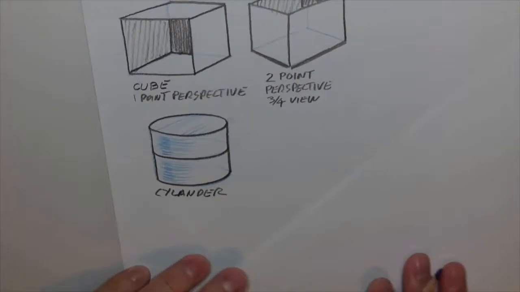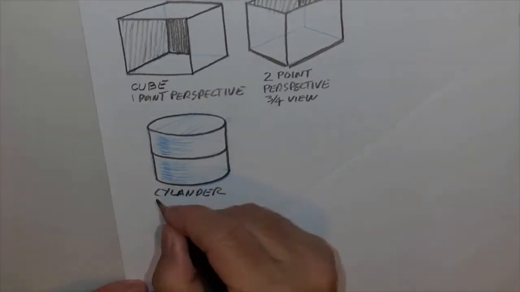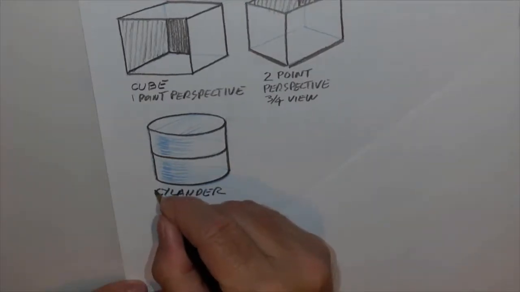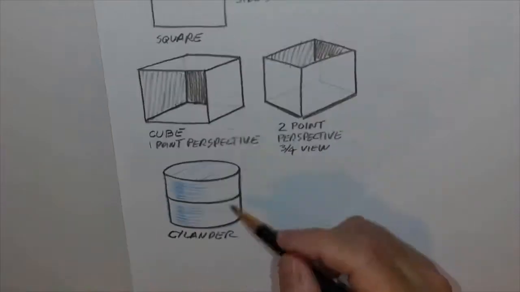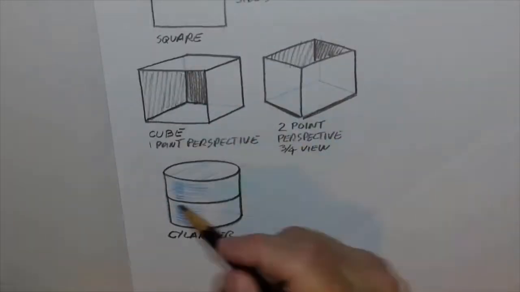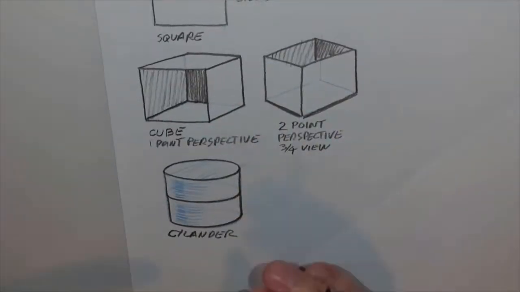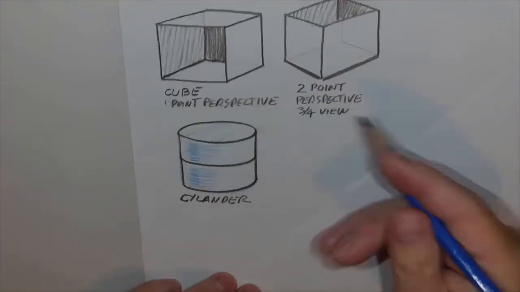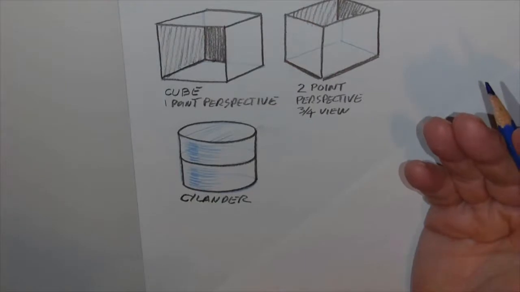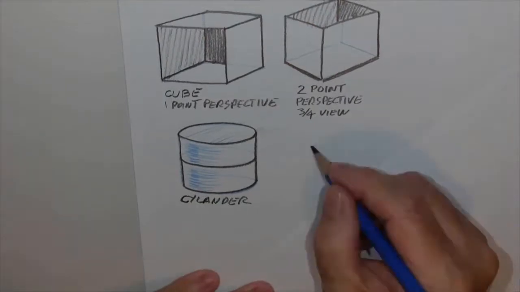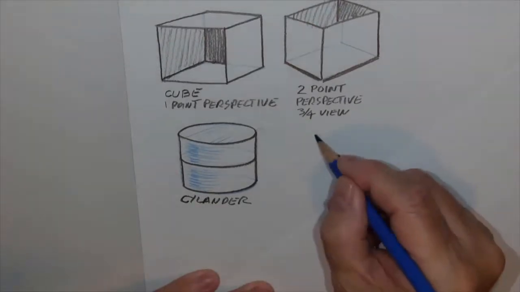So again, that's a cylinder. We picked up the square, and if we tilt it, in this case, it's not square all around, it's actually a cylinder. But looking at a cylinder straight on makes it hard to tell what the depth of that object is. So in this one, it is actually